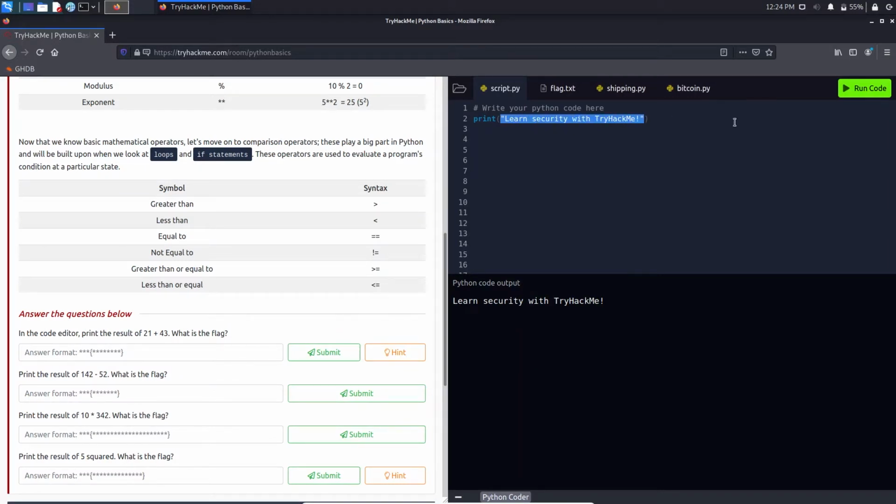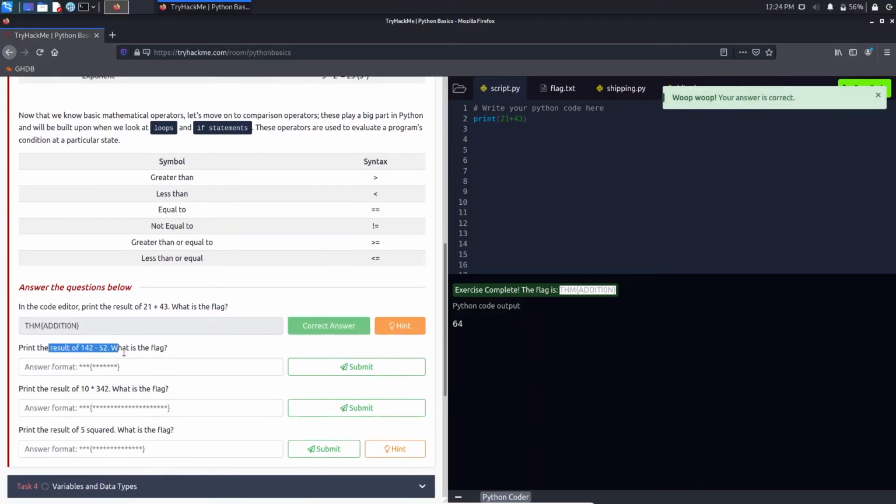As we don't need to print a string, we'll remove the double inverted quotations, and we need to do 21 plus 43. Let's run the code. Our sum is 64 and the flag we have here is THM addition.